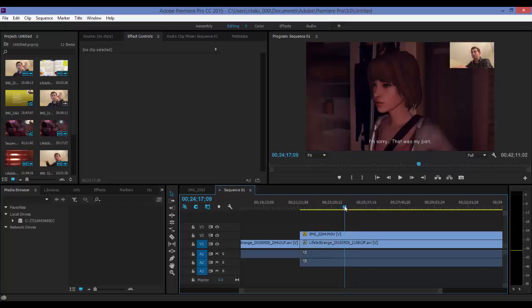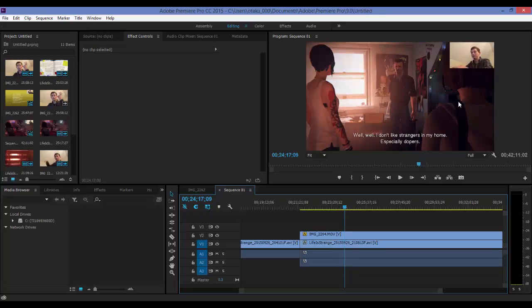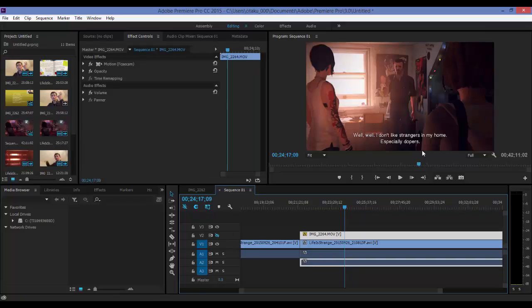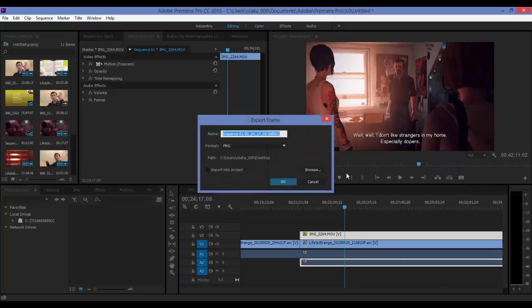Let's say we wanted this to be it, but there's a face cam. If you're using face cam, hide that, and what you will do is click this button down here, export the frame,